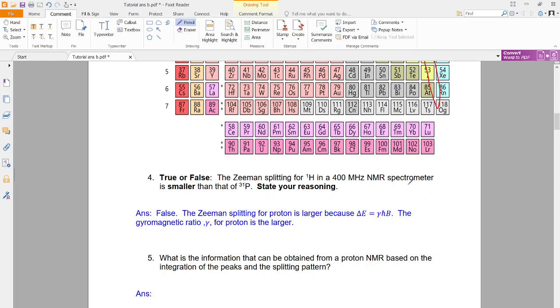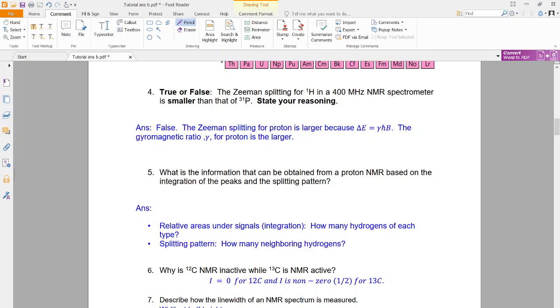the Zeeman splitting for proton in 400 megahertz. True or false, I'm looking at this question. The Zeeman splitting for proton in a 400 megahertz NMR spectrometer is smaller than that of phosphorus-31. State your reasoning. Now, when you talk about Zeeman splitting, immediately you have to think about